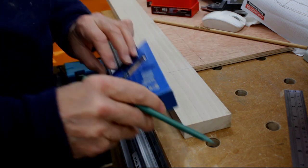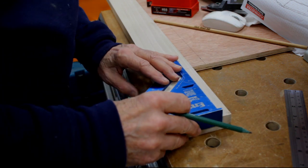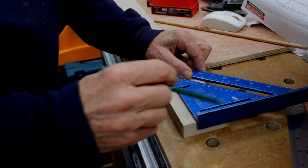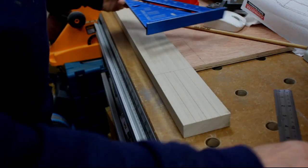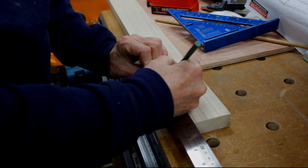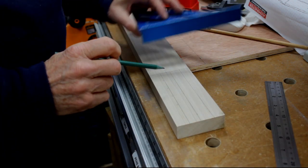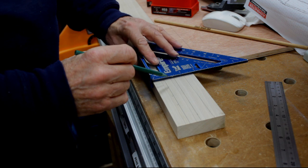And then I'm going to divide it into 4 horizontally. Just mark those out, and you'll see when I get it finished now how it's going to work. And then I'm going to mark about 25mm along from one end. 25, 50, 75. And essentially now what I'm doing is connecting these lines up so that the first one goes